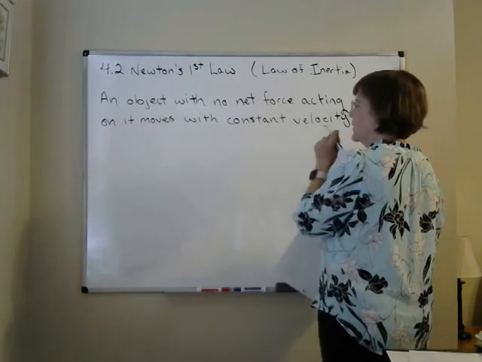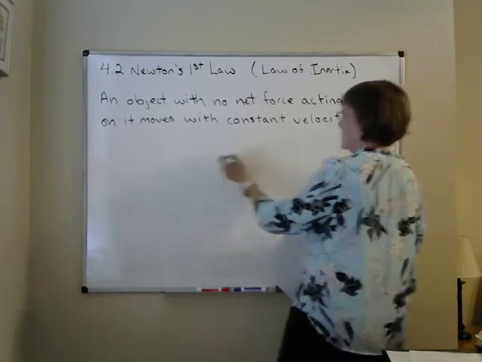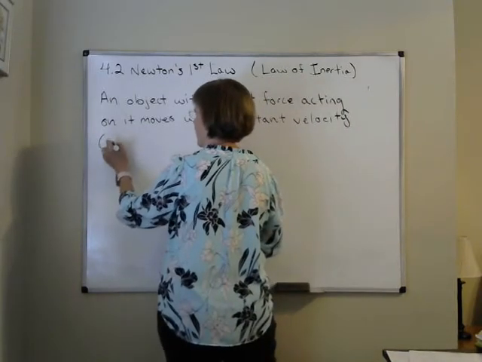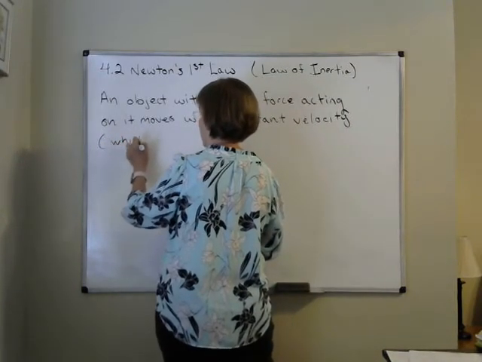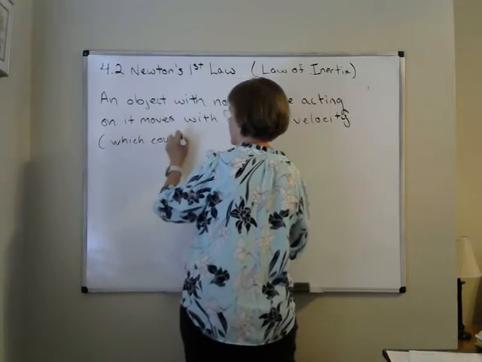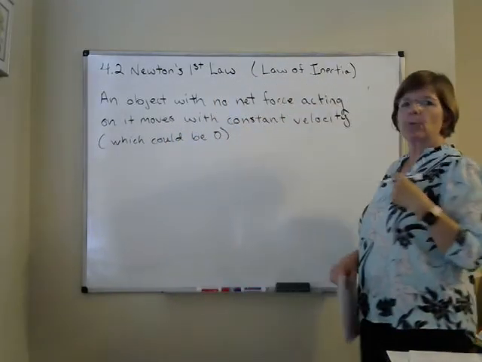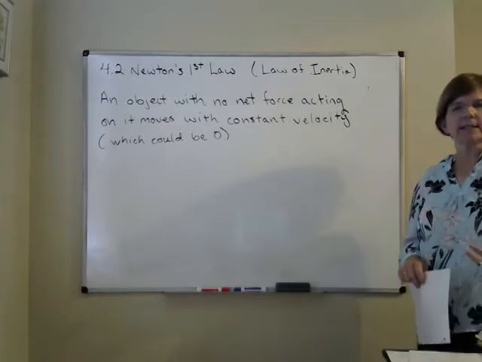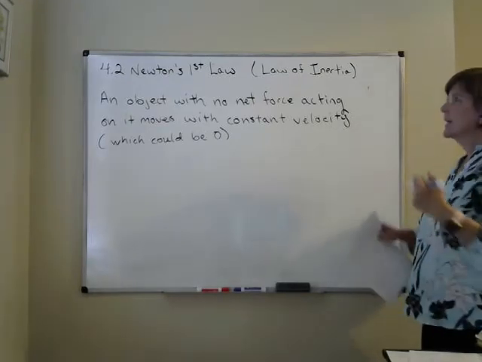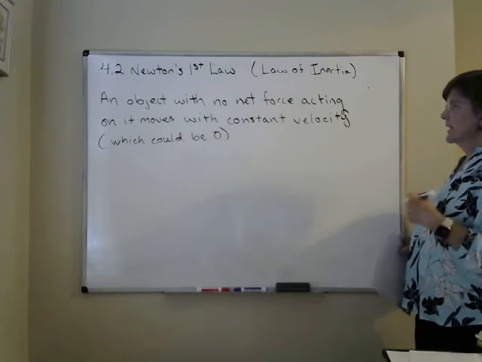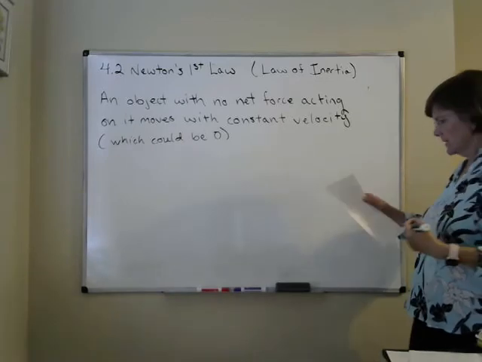Now, when I say constant velocity, I'm going to put in, which could be 0. We can think of something being at rest as having a constant velocity of 0. So, an object with no net force acting on it moves with constant velocity